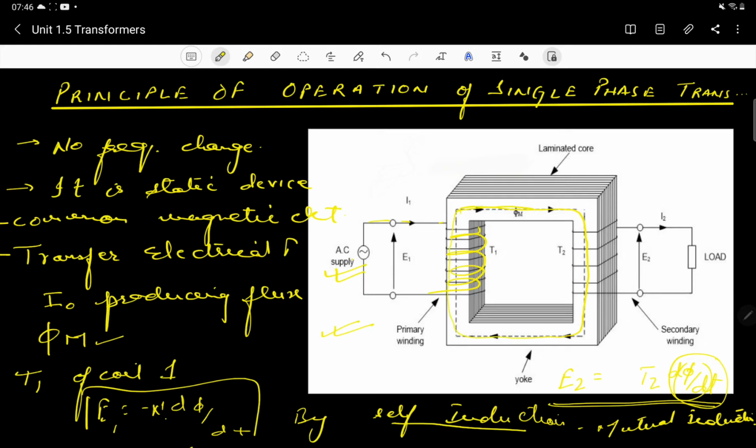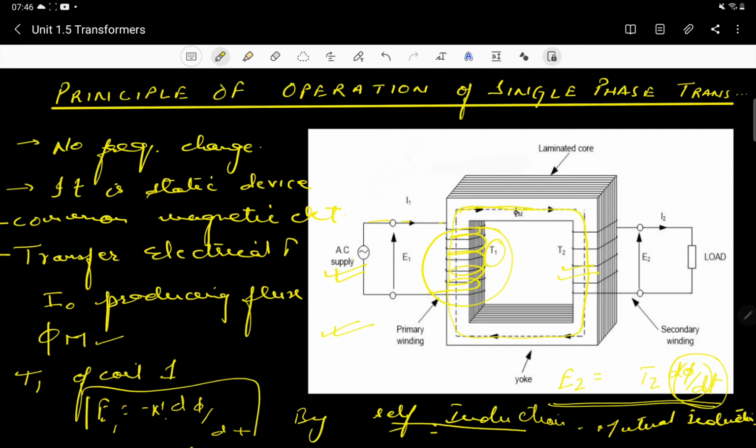When this flux is moving inside it, you can see that when the flux moves and there is a change in flux, that change in flux will definitely produce the EMF in this primary coil, okay, due to T1 number of turns. All right. Now due to the self induction, as we have already told, the same flux is linked to the secondary coil. It is touching the secondary coil also. When this flux links with the secondary coil, then